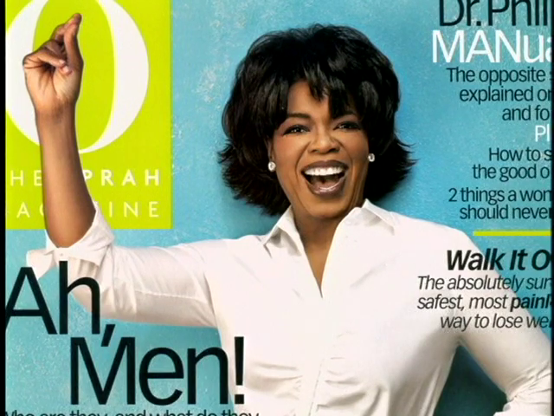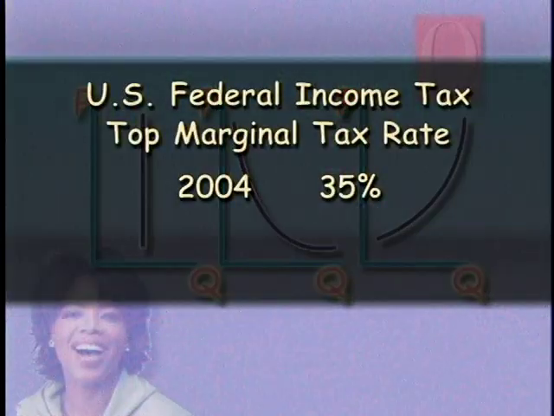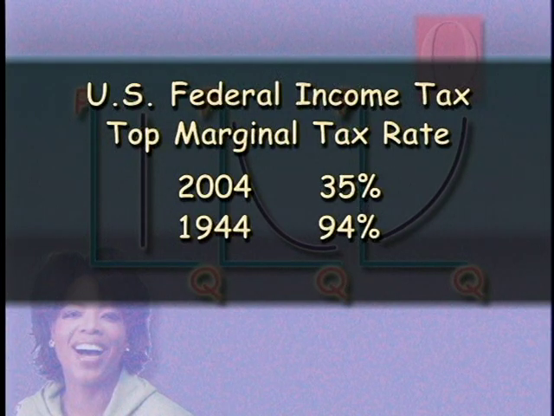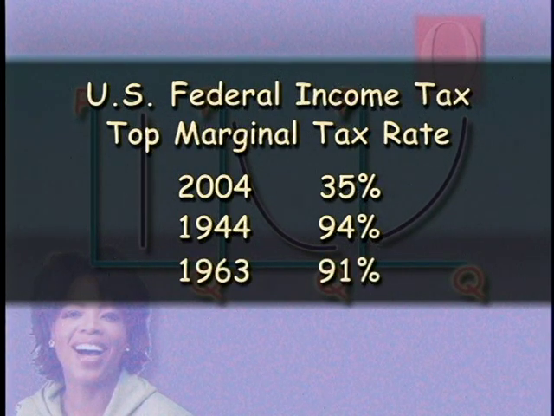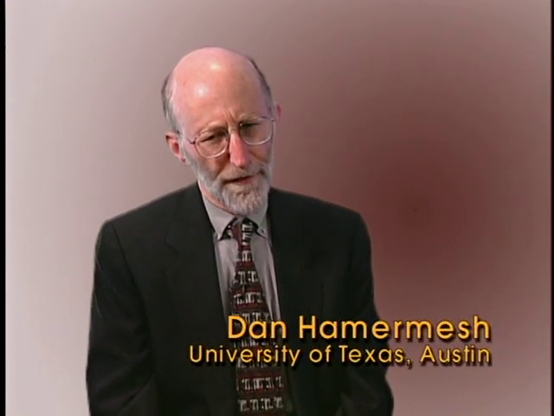But here's a second question for Professor Gordon. Suppose you raise the tax rate well above today's rate. Not to 50%, say, but to above 90%, the rate that President Franklin Roosevelt established during World War II and that lasted into the 1960s. That would change the supply curve for labor, says another distinguished member of the economics profession, Dan Hamermesh of the University of Texas. I'm convinced that almost all supply curves involving people, there is some price at which people will